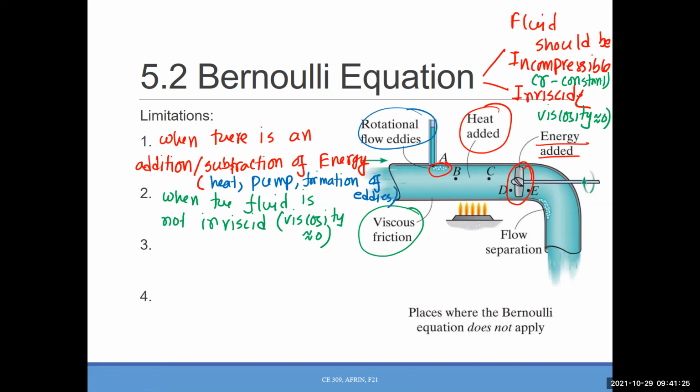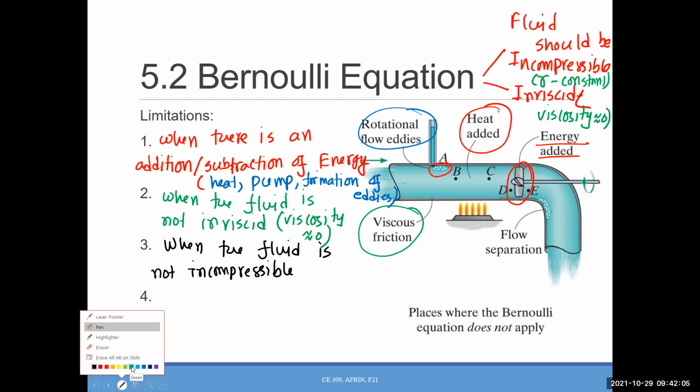What else can we have? From the condition, you also know that if the fluid is compressible, we can't use that equation. So that tells you that we will use this equation most of the time for liquids. So that is condition number 3. Let's use black color. When the fluid is not incompressible. And number 4 is